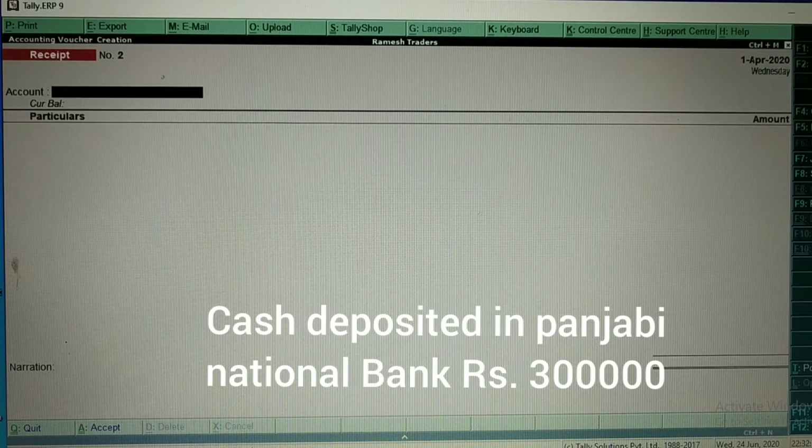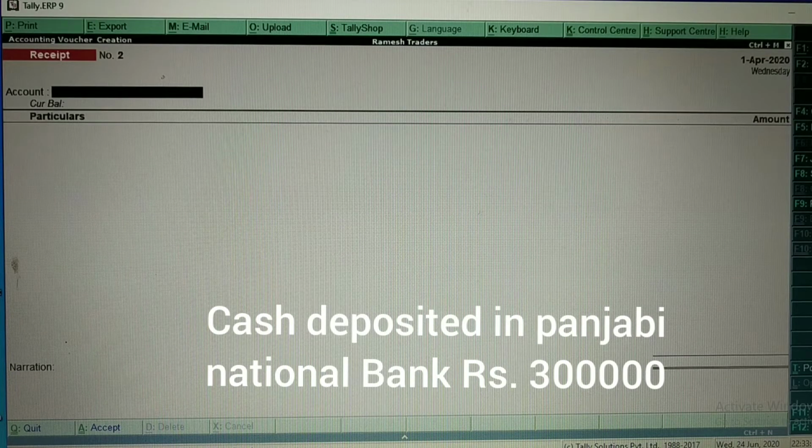Next transaction is cash deposited in Punjab National Bank, rupees 3 lakh, on 1/4/2018. On the same day, this Ramesh Traders company has deposited 3 lakh rupees in Punjab National Bank. Because how much has the company received as capital account? 7 lakh rupees.